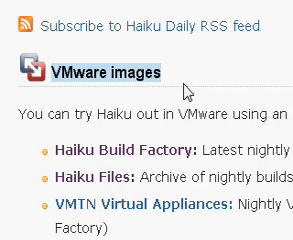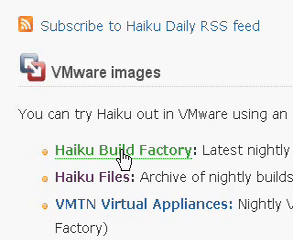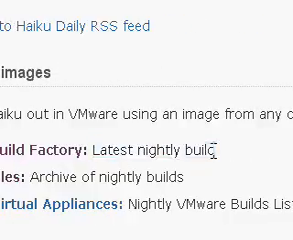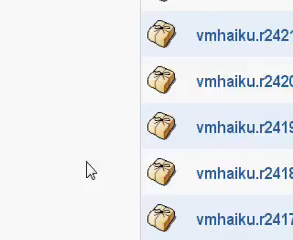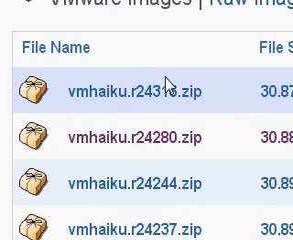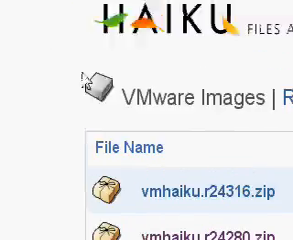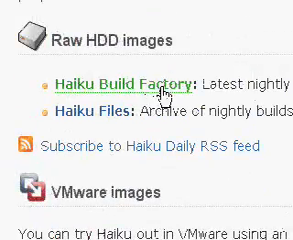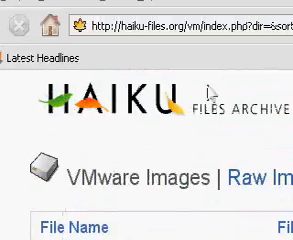Under VMware Images, since you've installed the VMware Player, you have a couple choices here. You can download the operating system file from Haiku Build Factory, which provides the latest nightly build, or Haiku Files. I recommend going to Haiku Files because in my past experience I can download the files much faster, and usually I don't have any problems. Sometimes I have timeouts when I try to download the file from the build factory, because the server's too busy or such. But you go back to the Haiku Files archive, and